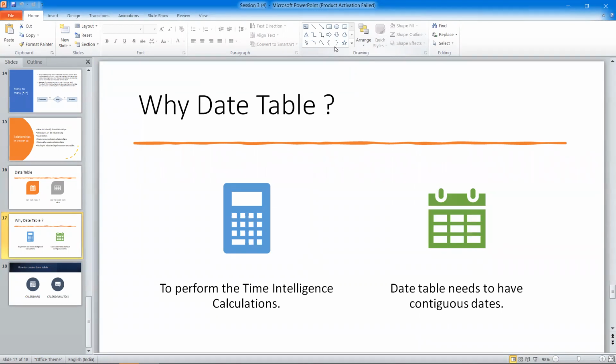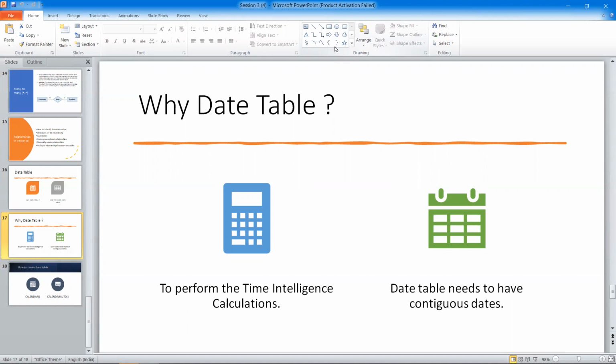That date table is nothing but a table that consists of a list of continuous dates. It is a very important point that the dates should be continuous, that we have some start date and some end date. All the dates between those start and end dates should be in a continuous manner. None of the dates should be skipped. So that's the sole requirement of our date table, that it should be a contiguous date table.